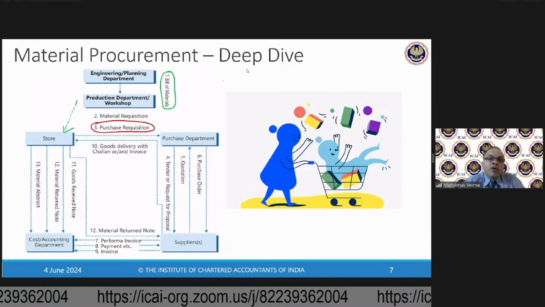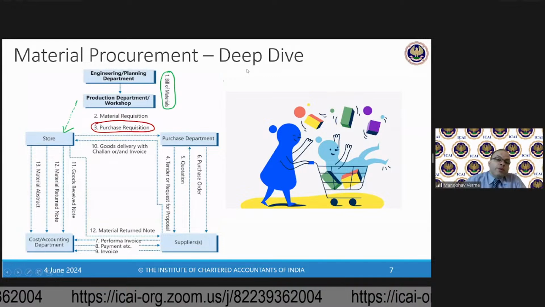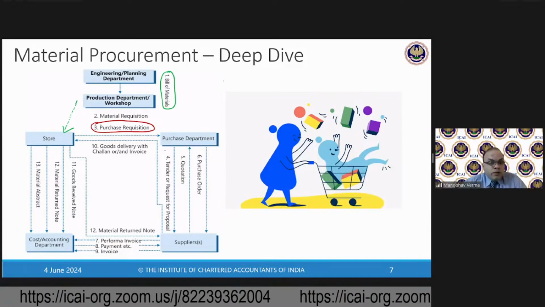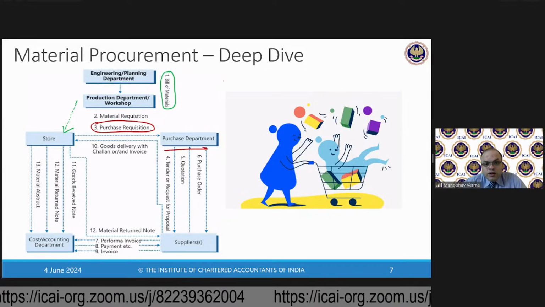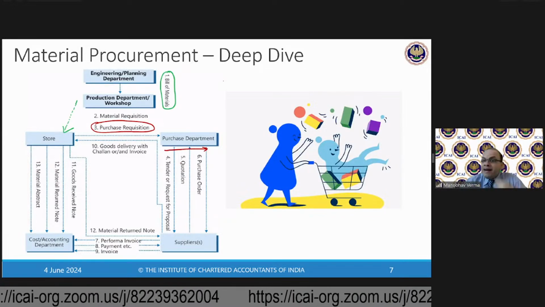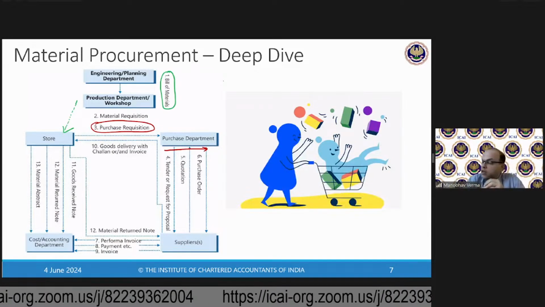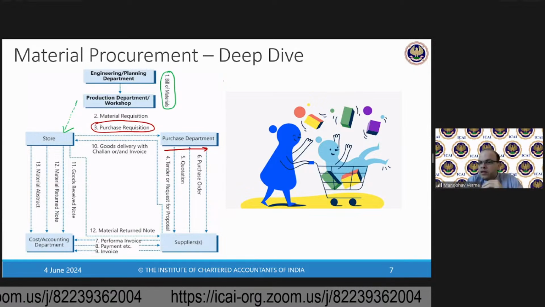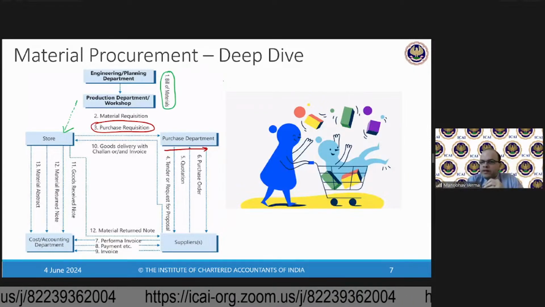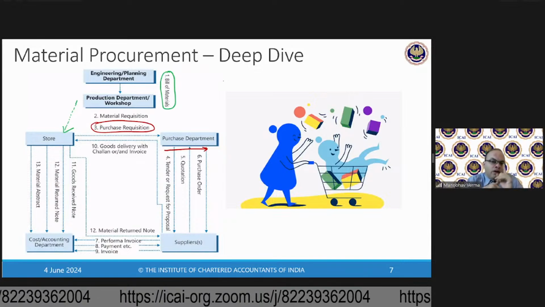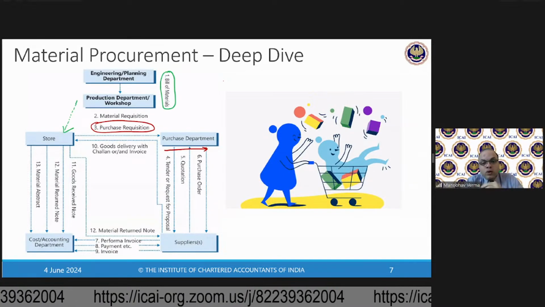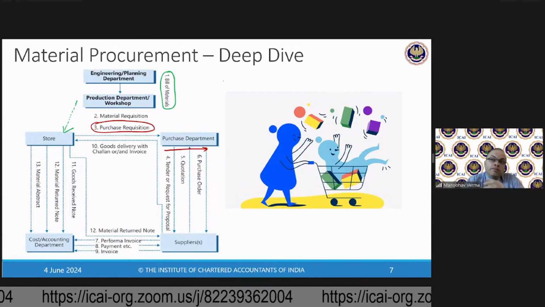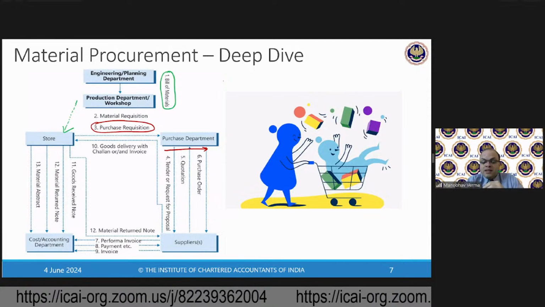What is that process I'm talking about here, guys? So as soon as the purchase department receives the request here, we are going from this order here, so from left to right. So we are looking at inviting the bids, inviting the quotations. Most companies, even the governmental departments, have this requirement that they invite at least 3 to 5 different quotations from different vendors. They have a standard template for inviting the quotations. You can call it a request for proposal, RFPs, that we need these many units of the raw material of this quality, please quote your best prices and all that. And